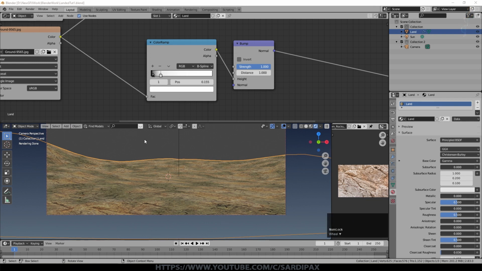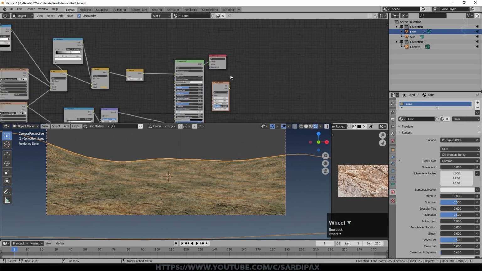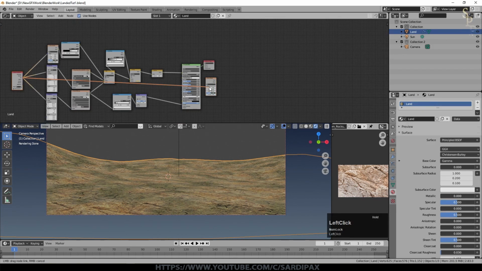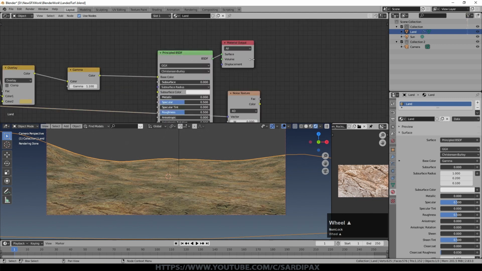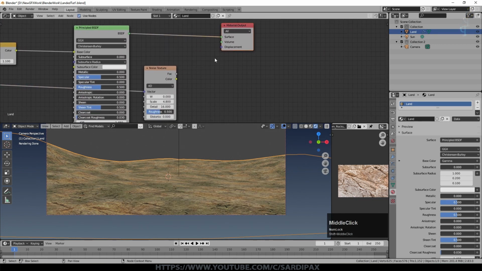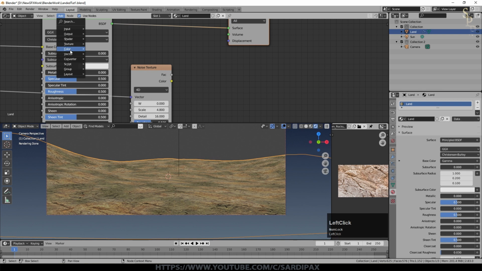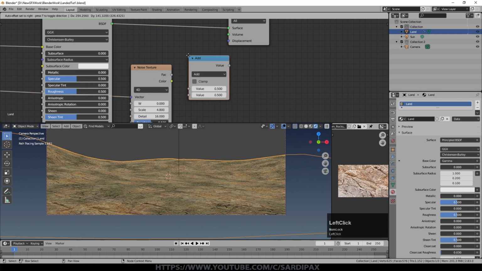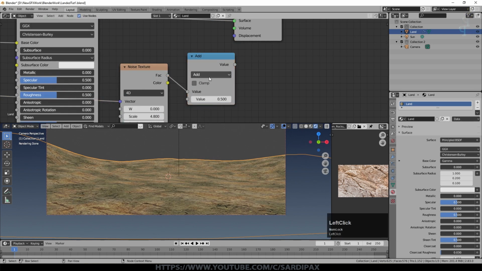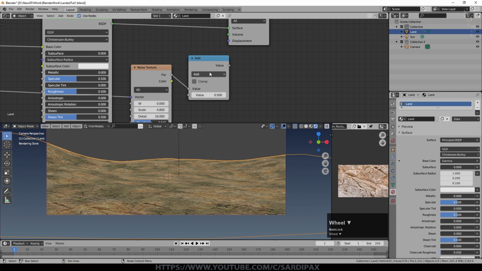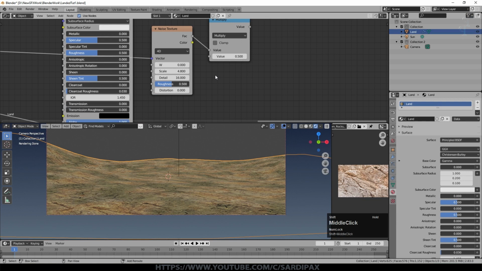And just to add one final little bit of detail that isn't limited by these UV maps, I've created another noise node. Take the UV output into the normal on that noise node. Not essential, but strictly you should do that. And I'm going to add a converter, which is a math node. Take the factor output and put that into the input of the math node and set the math node to multiply. Leave it on 0.5, or that's what I did to start with anyway.